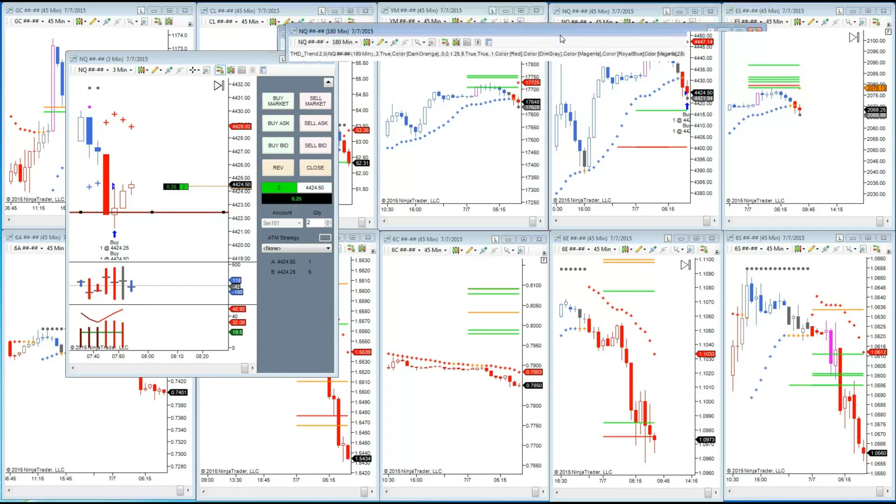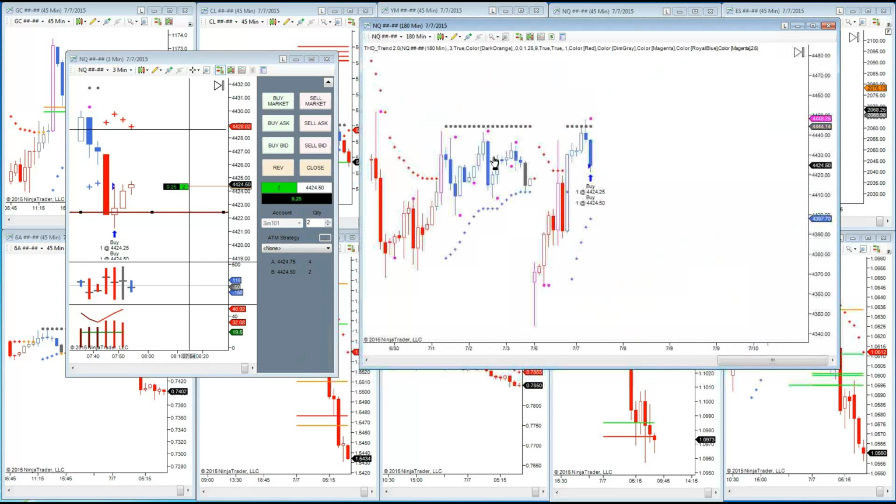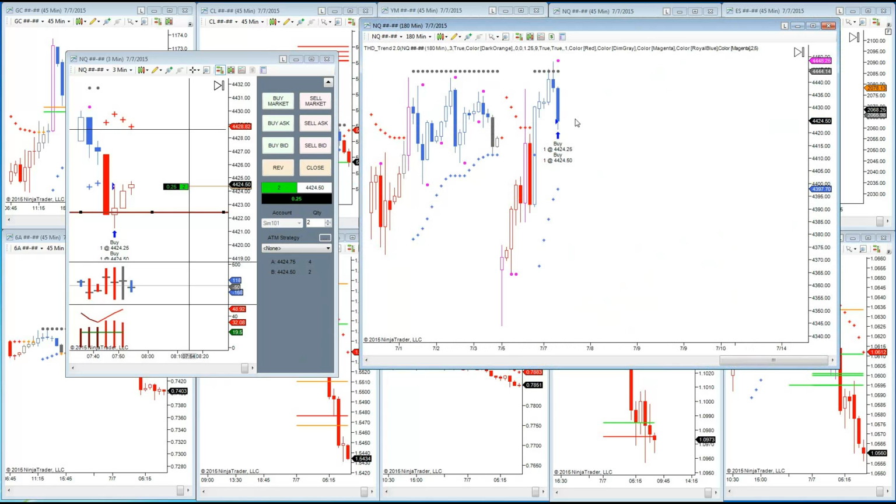Now, this is the 180 chart. The 180 is actually telling me it should come back to this ATR. So this trade at this moment is against the 180-minute chart. Viewer 1: You would see single bar divergence on the lower time frame when magenta peaks and anticipated retracement to the ATR. On the 180, viewer 4, on this one,